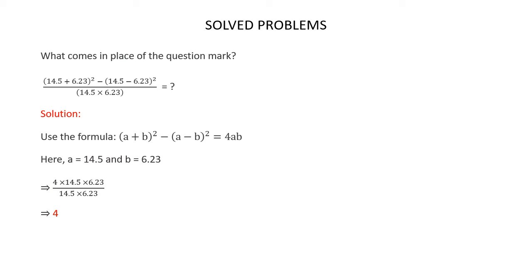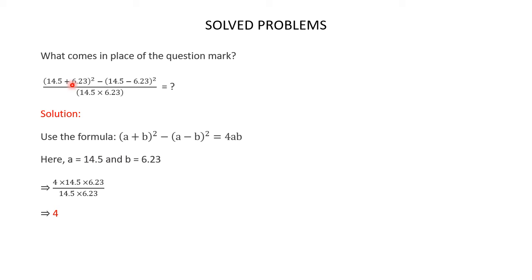What comes in place of the question mark? 14.5 plus 6.23 the whole squared minus 14.5 minus 6.23 the whole squared divided by 14.5 multiplied by 6.23 is equal to how much? Now, when you look at this expression, you'll notice that the